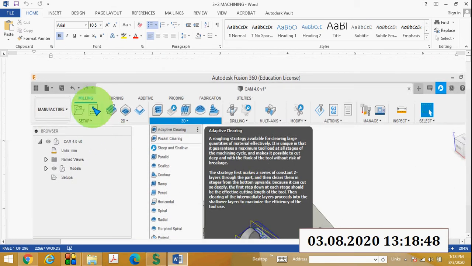Here you can see milling. Under milling you can see setup, 2D and 3D. Under the 3D option, adaptive clearing. This is a roughing strategy available for clearing large quantities of material very effectively.